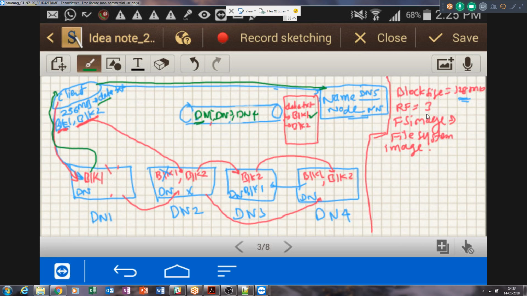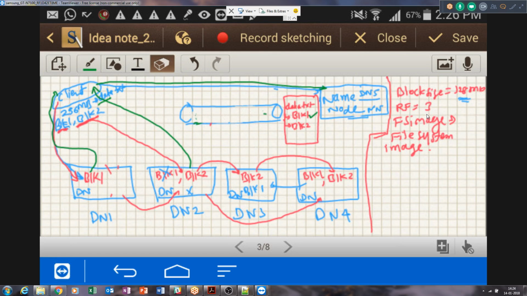Now it will ask for the second block. Once block 1 has been cached or delivered to the client, the second block will come. Again for the second block, the name node will build the pipeline, and data node 2, data node 3 and data node 4 will be there, hosting the block 2 copy. Data node 2 is nearest, so it will deliver the block 2 copy, and then the client has read its file back from the HDFS directory. That's it, nothing else. It is quite simple compared to the writing process.